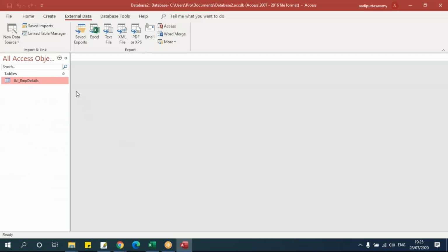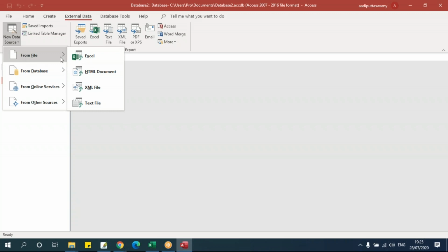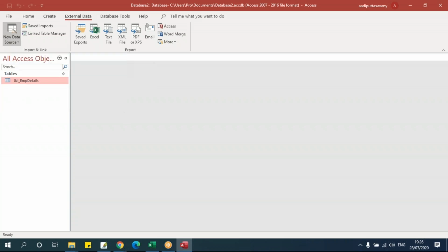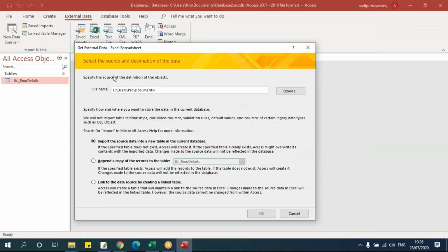First, we'll see with an Excel sheet. Go to this external data, new data source. Let's click on this from Excel and I'll say Excel. When I click on that, the import and say Excel, here I'll get one window. The data can be imported in 3 different ways.